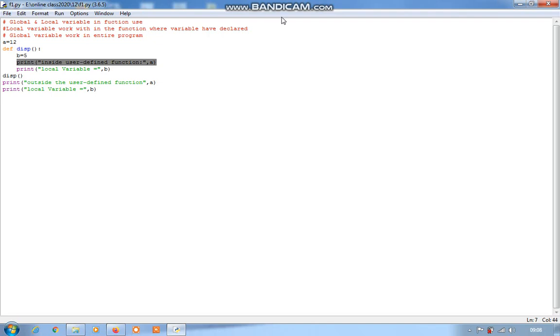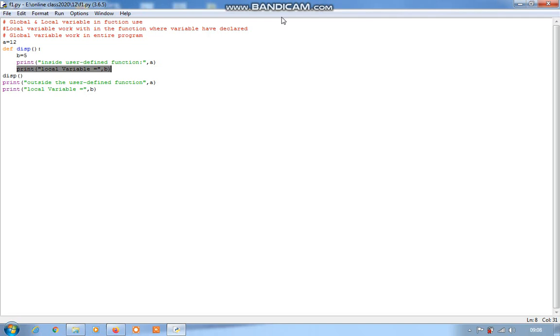Okay, and then next is the second print, local variable b, inside user defined function.